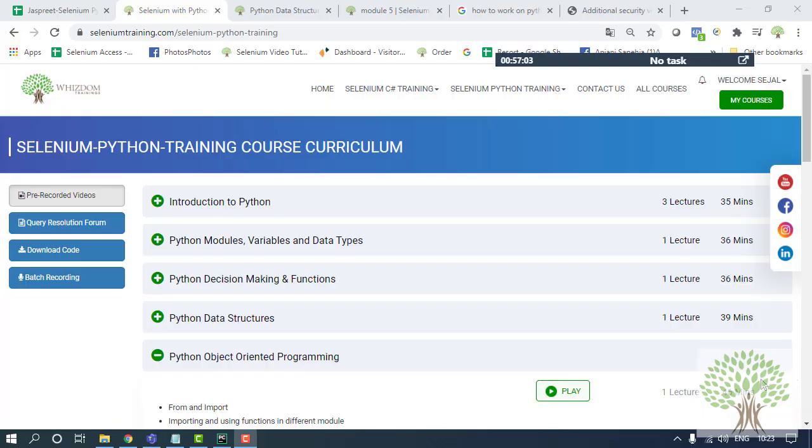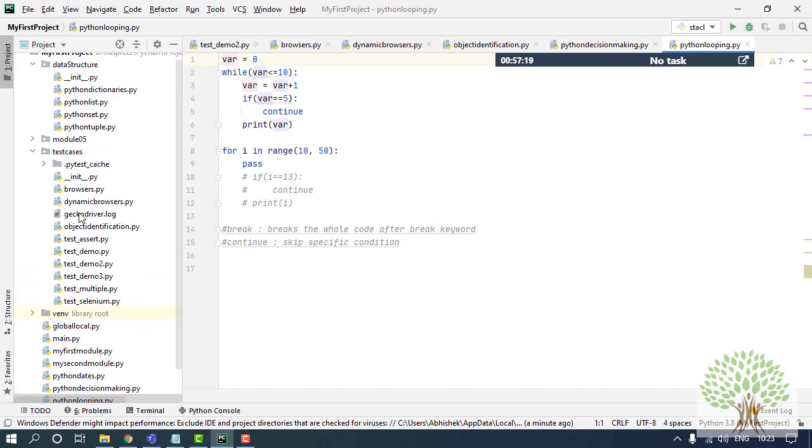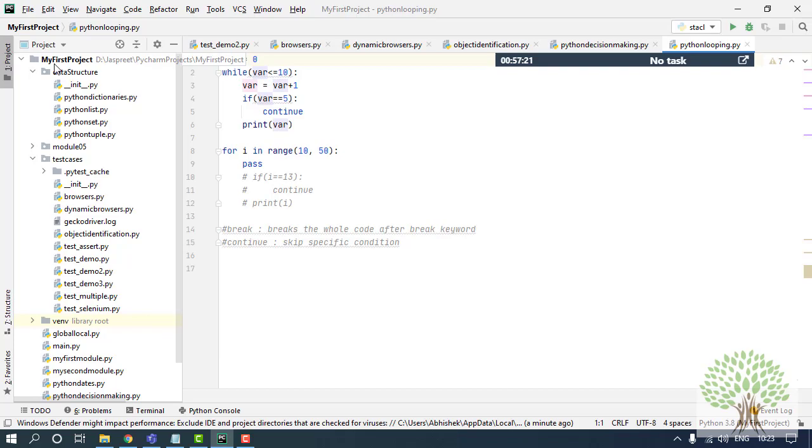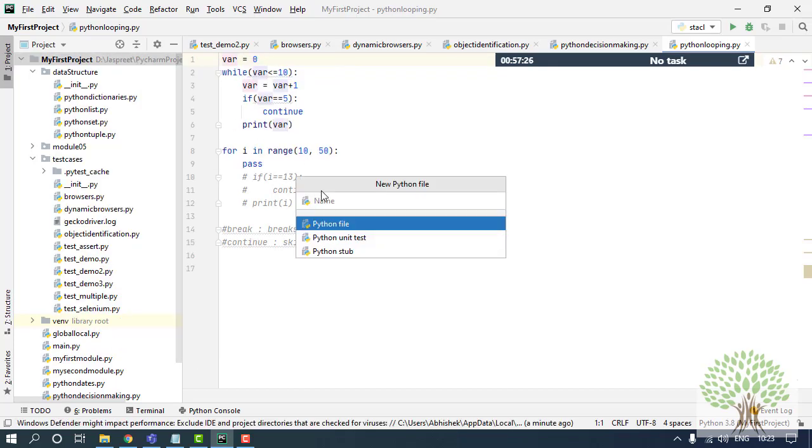Hello everyone. In this video, we are going to continue with some of the Python basics, like how to create a function and in what ways I can create a function. I'm going to take the example of addition of some variables. So I'll create a new module in my PyCharm window and I'll name it functions function demo.